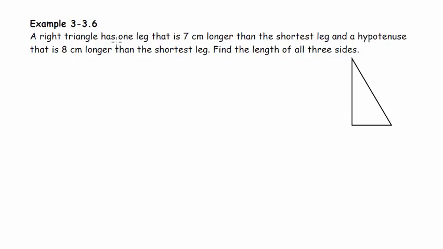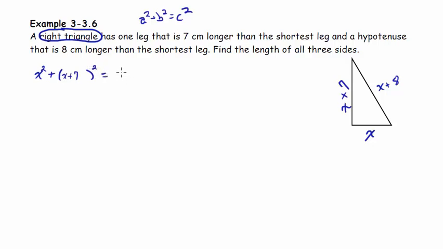So let's say we have a right triangle where one leg is 7 centimeters longer than the shorter leg. We're going to call this, I don't know, x. Then the other leg is 7 larger, and the hypotenuse is 8 centimeters larger. We want to find the length of all three sides. Now, you're going to have to remember back to geometry. If you have a right triangle, do you remember something like a squared plus b squared equals c squared, the Pythagorean formula? So I'm going to take my shorter leg squared, x squared, plus my other leg squared, (x+7) squared,